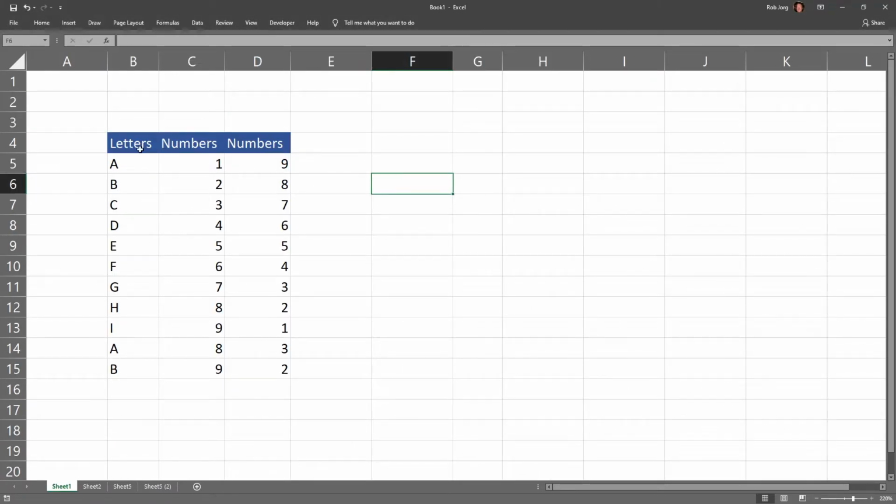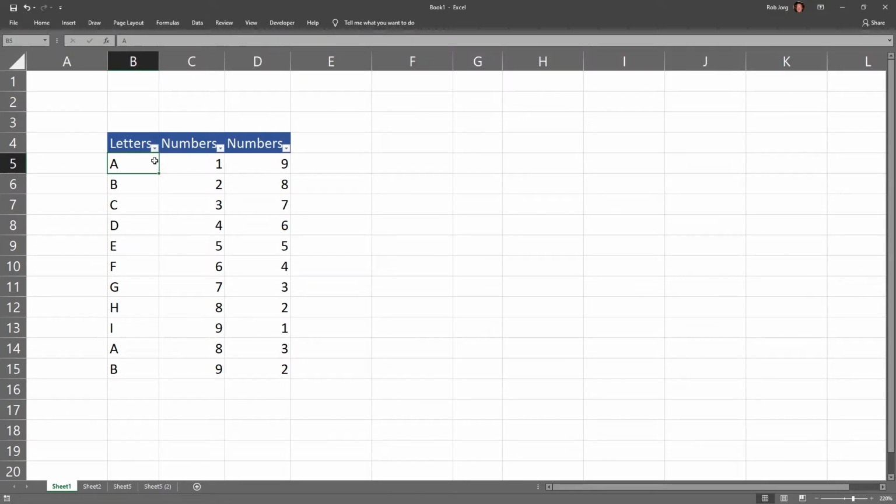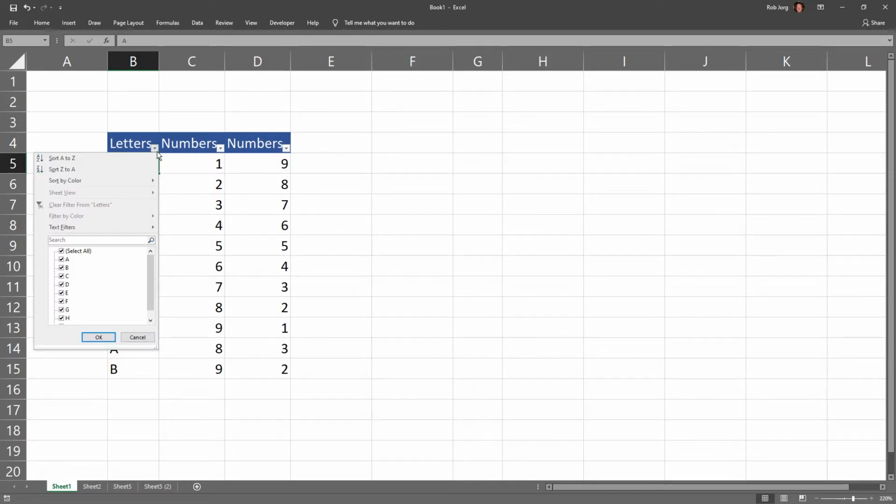Filters. You have a couple of columns, a couple of rows with data, and you want to filter based on criteria. Stand in a cell, go to data, go to filter, and you see filter.